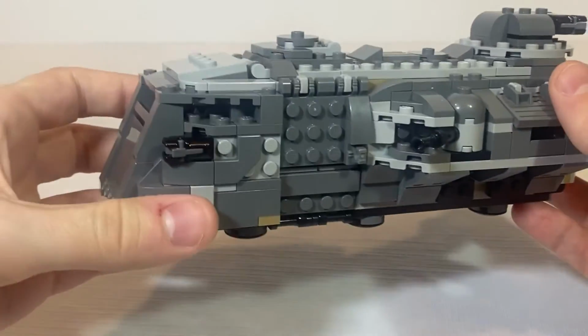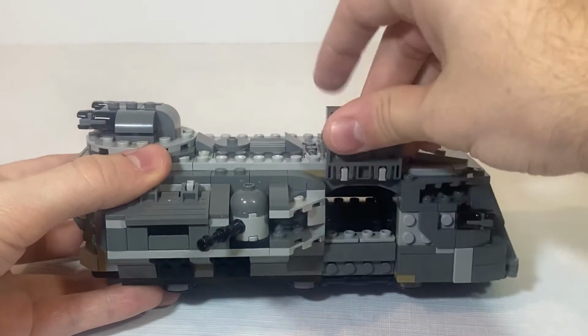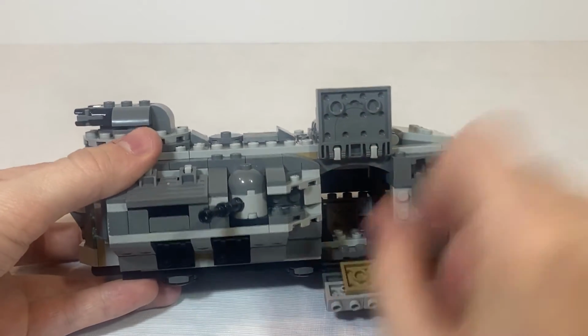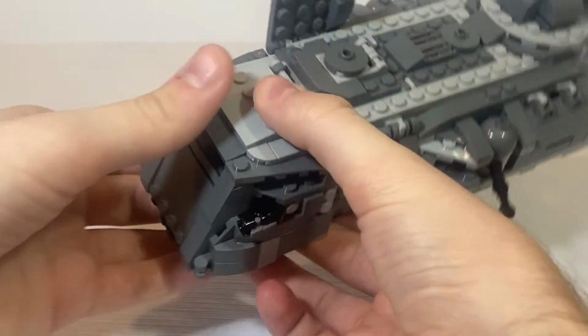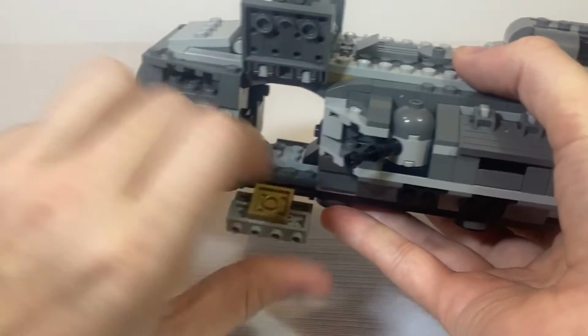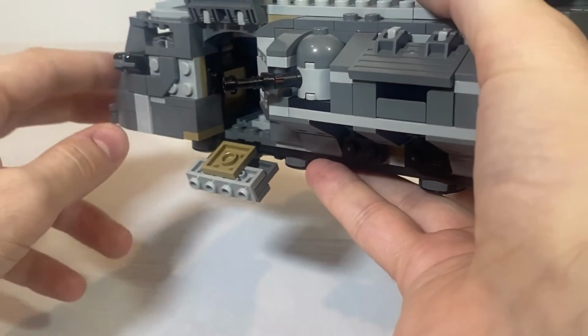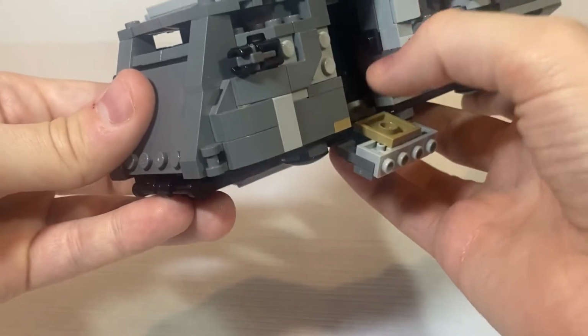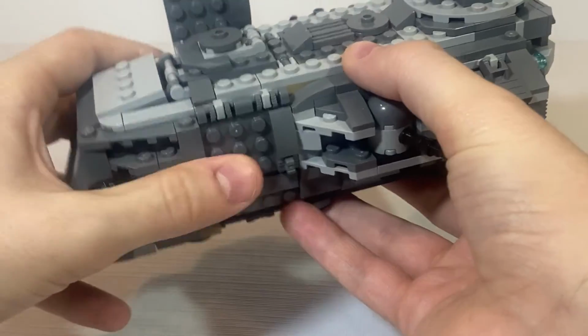On each side of this Marauder, we actually have some doors. And what you do is, you get this brick here, and you pull up, and then you pull this section down. That way you have a little doorway into the Marauder. This side is of course like the other one. You just take it, open it, and now you have a way through the Marauder. You can actually see into the cockpit there, as well as almost see into the back of it. But closing these doors back,